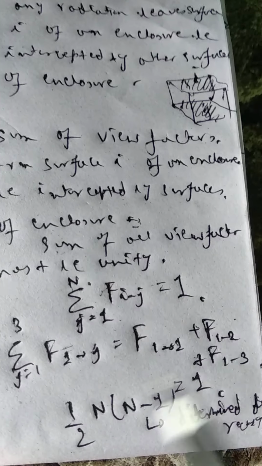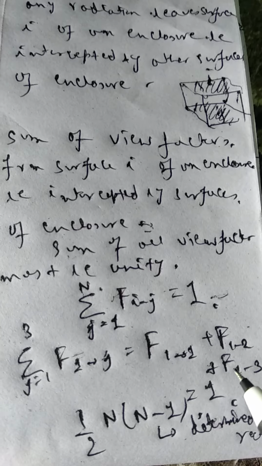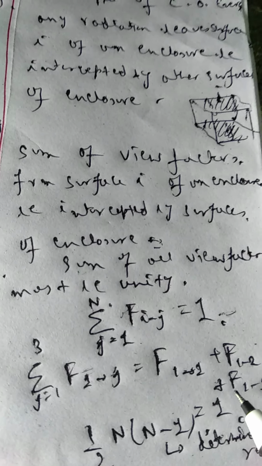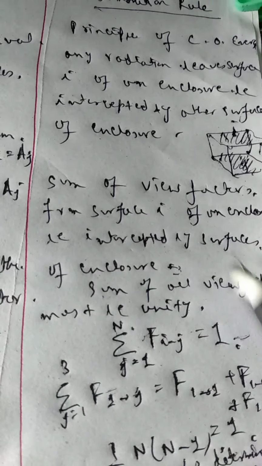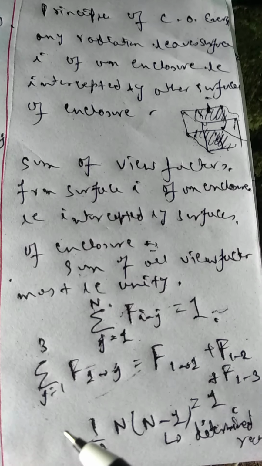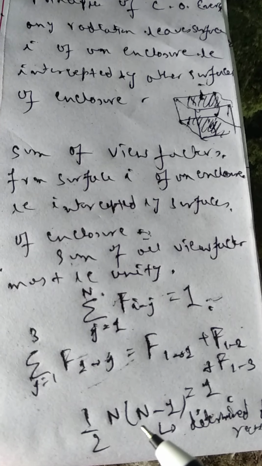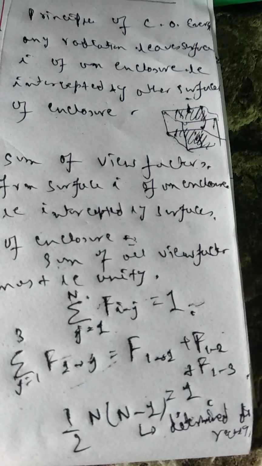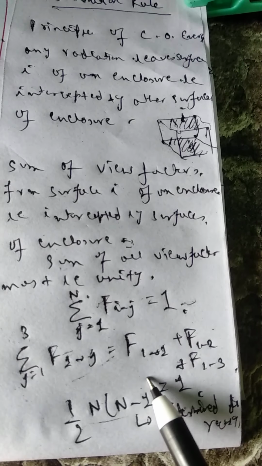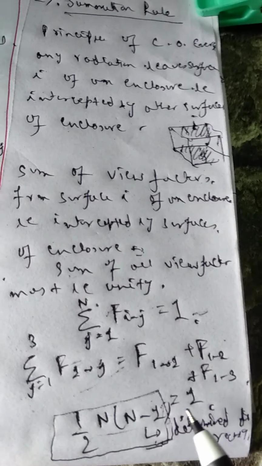And the remaining we can find from the summation relations. We'll get n number of relations from this summation criteria if there are n surfaces, and also from the previous reciprocity we'll get another half into n into n minus 1 additional relations. So you remember only this one, that this number of view factors need to be determined directly. You do not need to remember any other things.